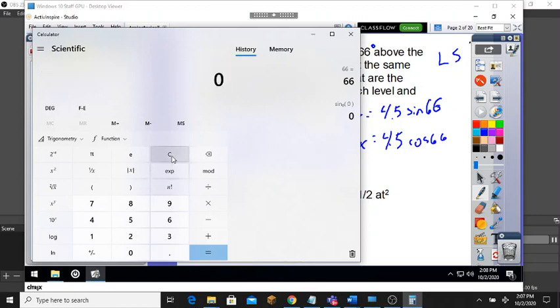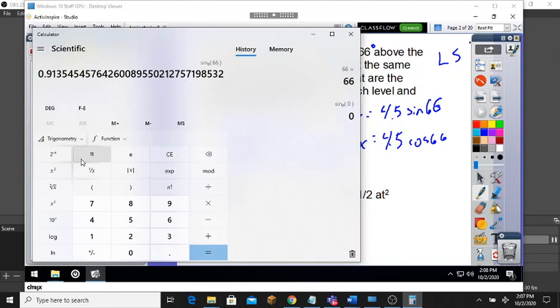Let me double check that here. 66 sine. And again, make sure that you're in degrees. There you go, degrees. Clear that out. 66